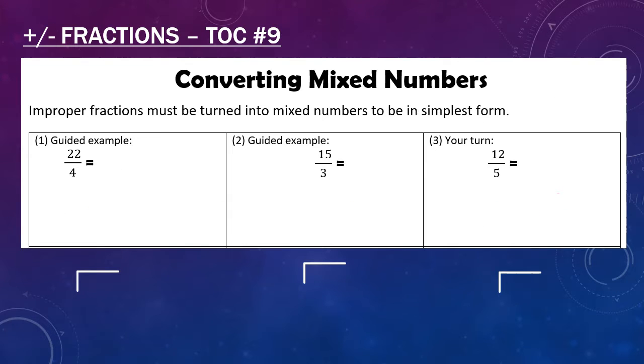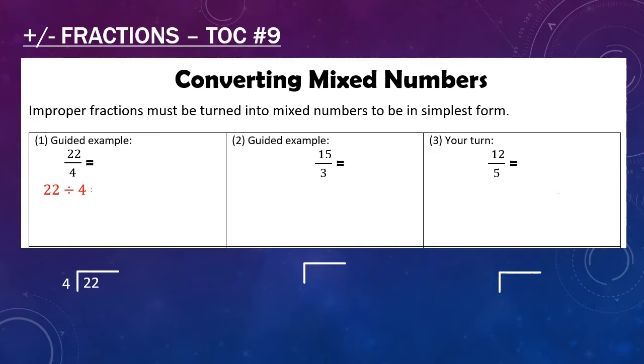All right, we've already worked on this in class. We had some practice problems with this, but let's review it again. To change improper fractions to mixed numbers, you divide the top dog by the bottom dog, just like we did for fraction decimal percents. 22 goes in the house, 4 goes outside the house, and then how many times does